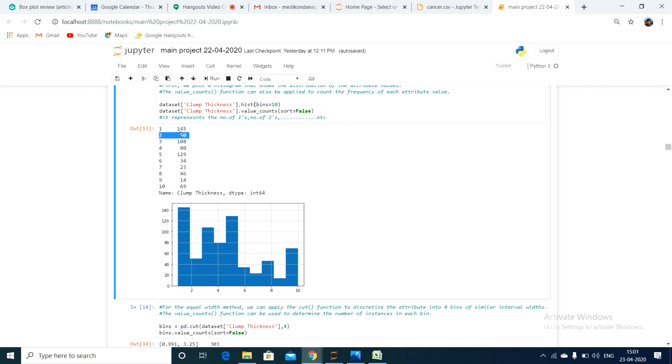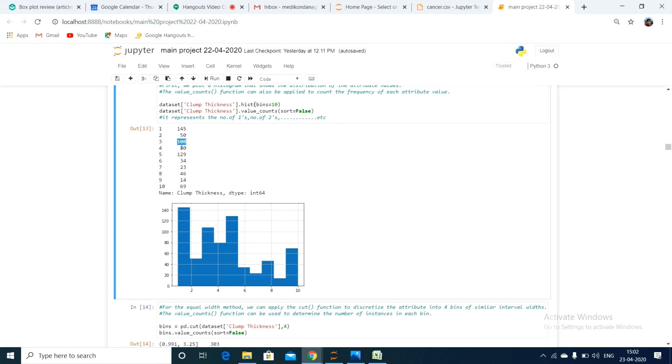The number of twos is 50, so here you see 50, exactly half. The number of threes is 108, and the number of fours is 80. So using histogram analysis, we have shown this as a graphical representation.